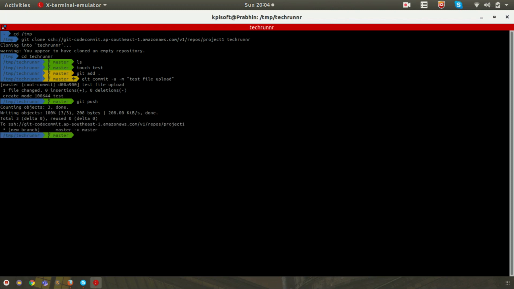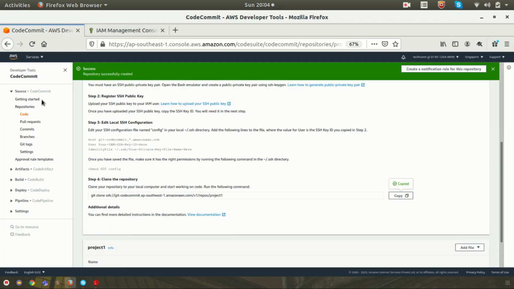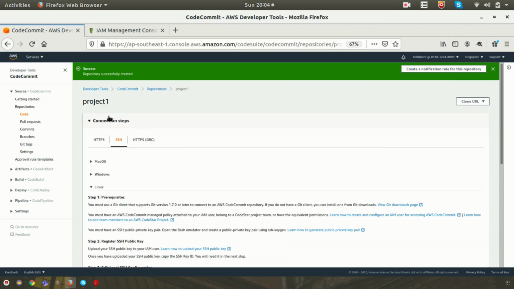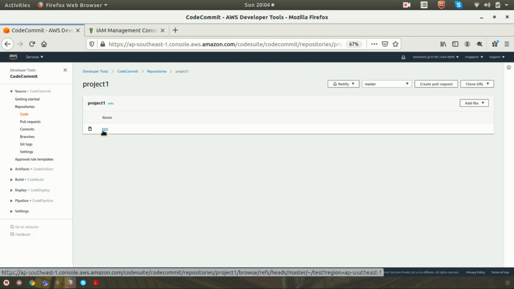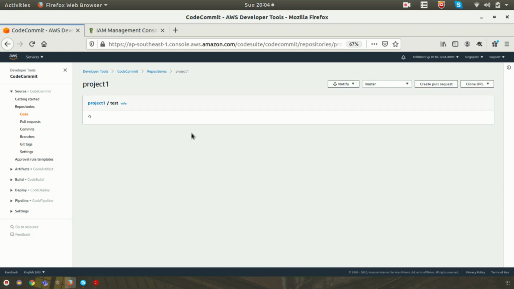Okay, now you can see that the file got pushed to the code repository. Now just refresh the page and click on the repository again. Now you can see the test file got pushed to our newly created repository called project1.